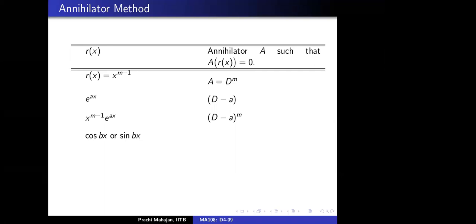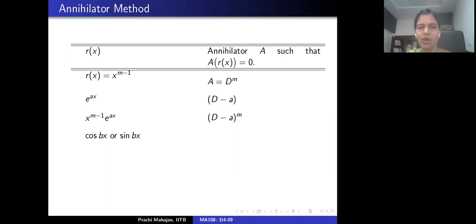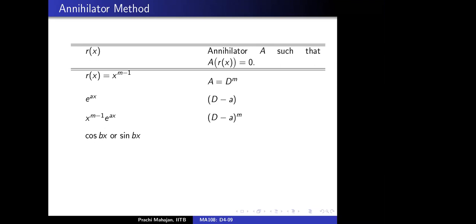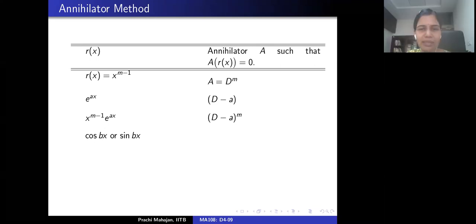Okay, all right, excellent. If we had a cosine or sine function, then? D square minus b? See, if you have D square minus b, what will that give you? Sorry? D square plus b square. D square plus b square, correct? Yes, not D square minus b.